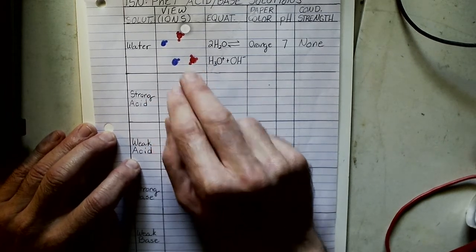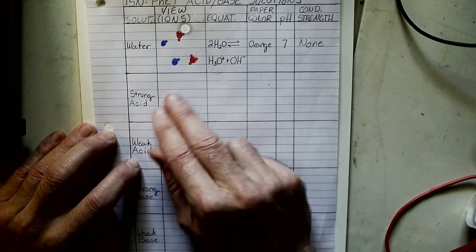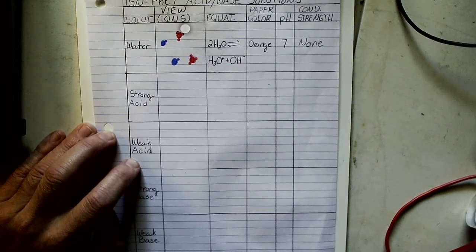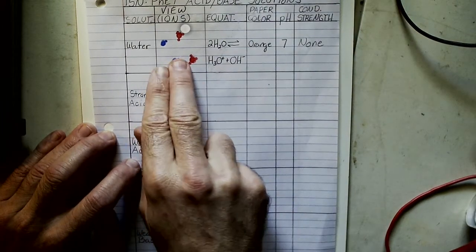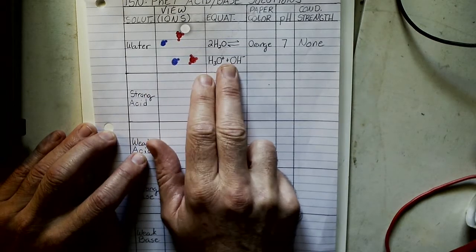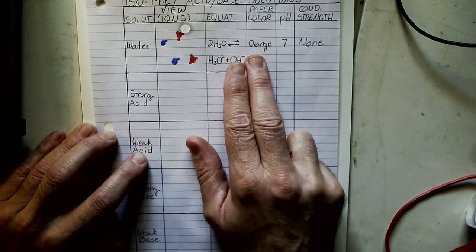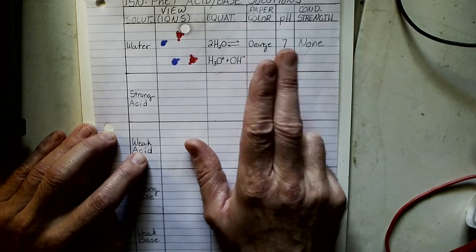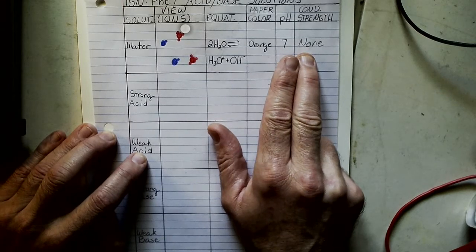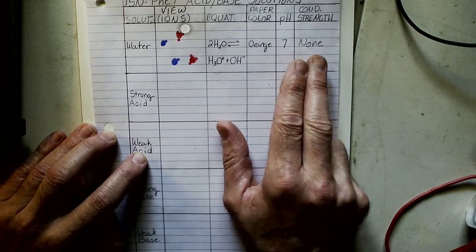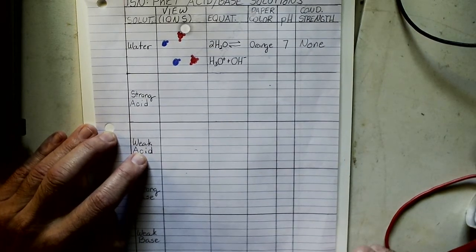So draw the ions. Some of these are going to be just full of ions because a strong acid's going to have a lot of ions. I'll explain it once we get there. Then the ions in water, what the equation is. This means it can go back and forth. Paper color, it's going to have pH paper on there, what the pH is according to the color. And then it's also going to have some electrical conductivity part of it as well. So I'll see you over at the FET